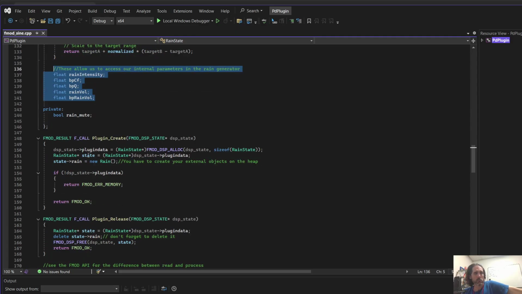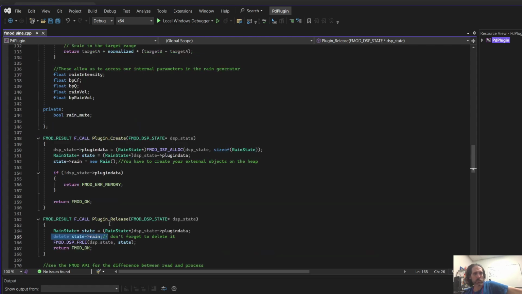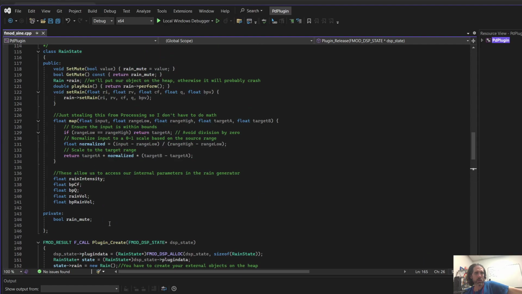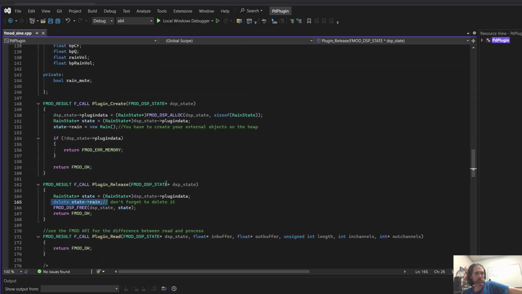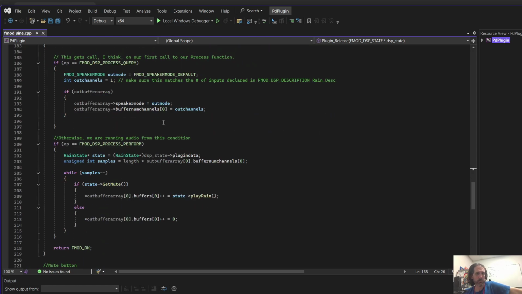Okay, so those are just the things to look at in the code, how I created a new instance of Rain. I delete that here under the plugin release. So create, release, all this is really straightforward. And just make sure you create a pointer to your class. Plugin process. Okay, so this is also kind of general boilerplate stuff here. The only thing you have to remember then is to